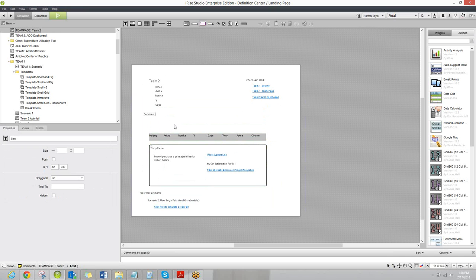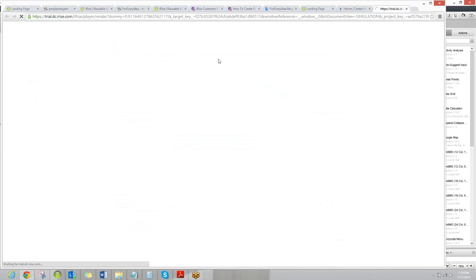I'm going to show what iRise has for functionality, and then I'm going to show how we're going to want to extend it. So let's say that there's a spot that we have. It's a comment box, and we want the limit to only allow 300 characters. Well, we don't really have any way natively in iRise to let the user know that they can only type in 300 characters. So if we go to team page 2,